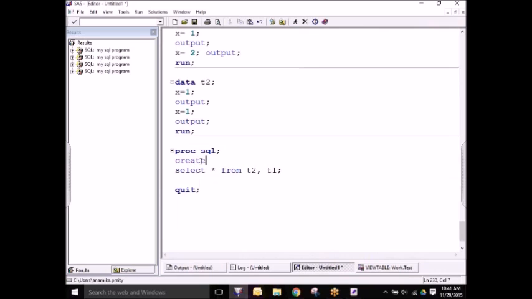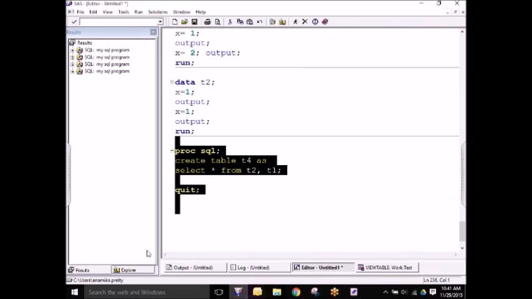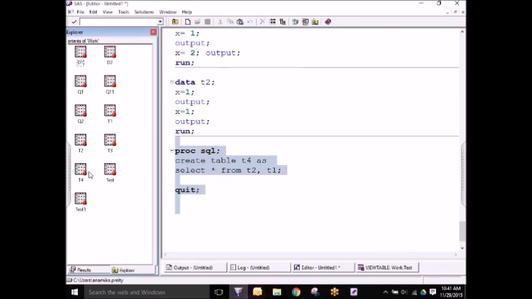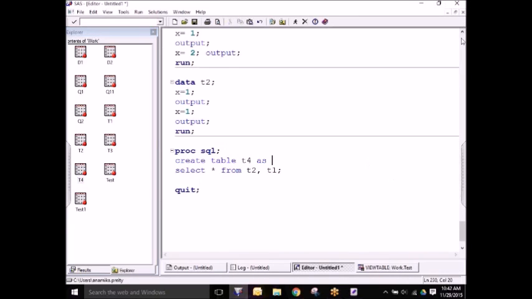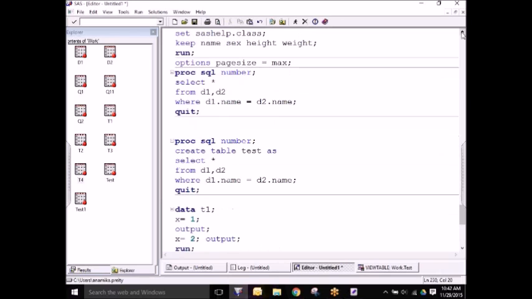No. So when you take a duplicate column reference to create a table, the first one appears and the second one does not